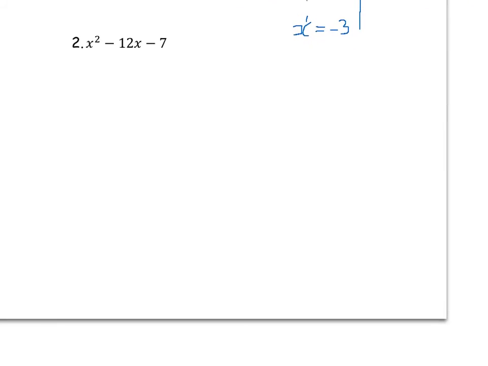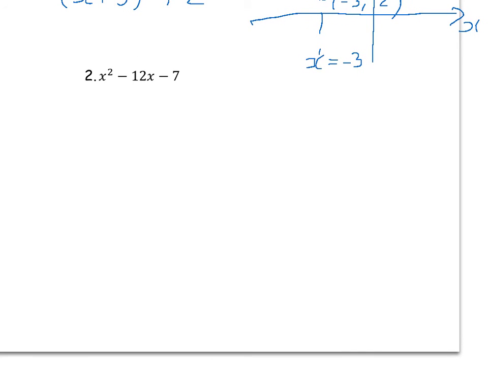Right, let's have a look at another example. So it says x squared minus 12x minus 7. Now remember, the first step is to half the value in front of the x. So it's going to be x minus 6